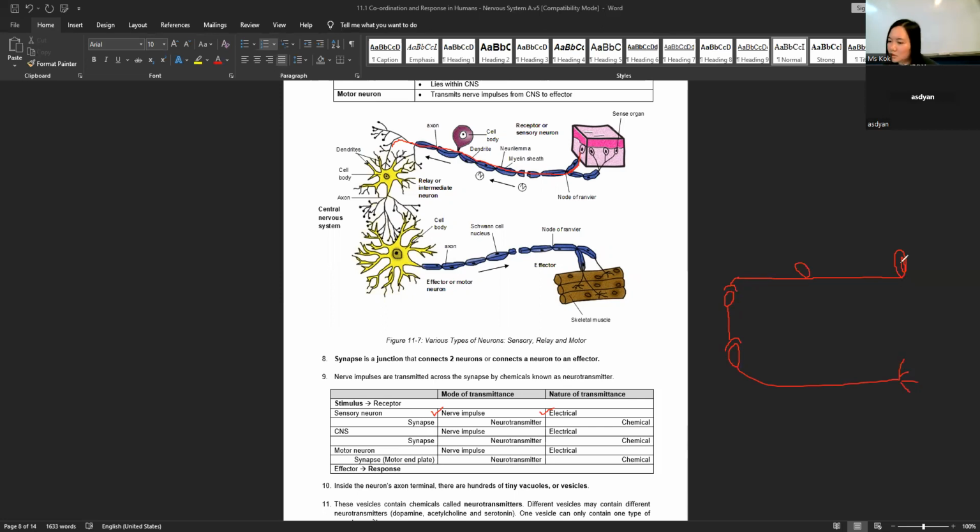Okay, so here, this one is the receptor. Receptor generates nerve impulse. Nerve impulse will move via electricity up to here. It turns into neurotransmitter, which is a form of chemical. It's not electricity anymore. So it will pass through